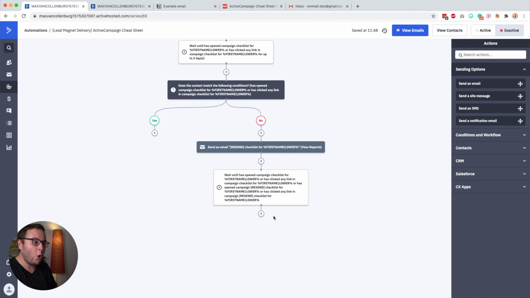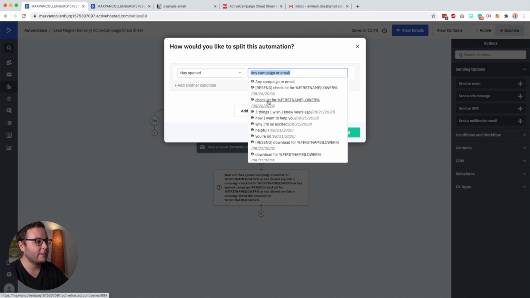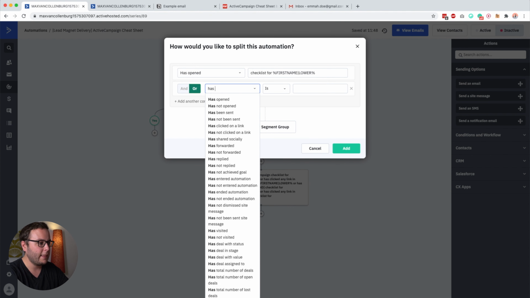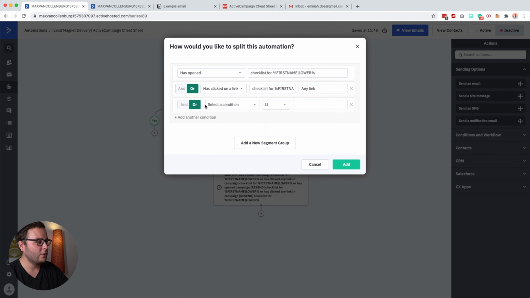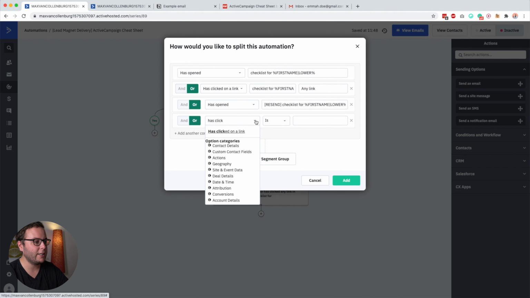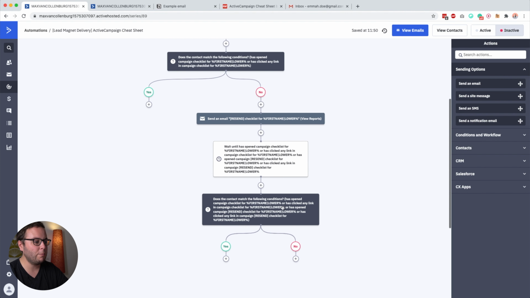And then what you could do, you could just let them wait in there forever, or we can say again, wait for up to maybe 7 days. And if they then still did not open it, then maybe we want to unsubscribe them from our list. So what we do is if else, and then we check again, has opened the first email, or has clicked on a link, and then we say, okay, first email, or has opened our resend campaign, or has clicked on a link inside our resend campaign, and then we click add, and then we have two paths again.